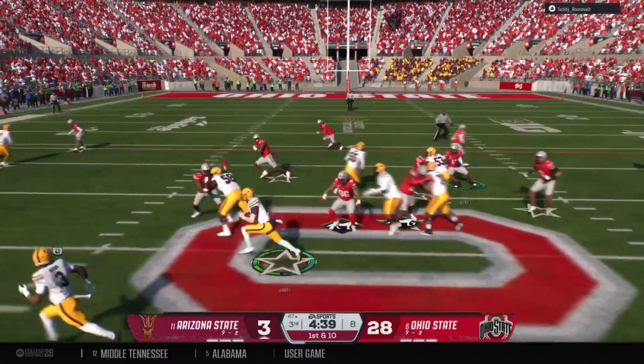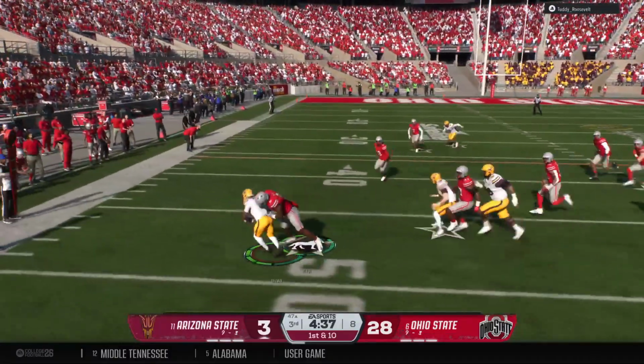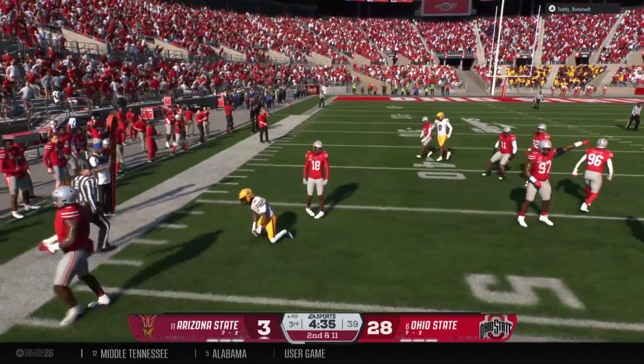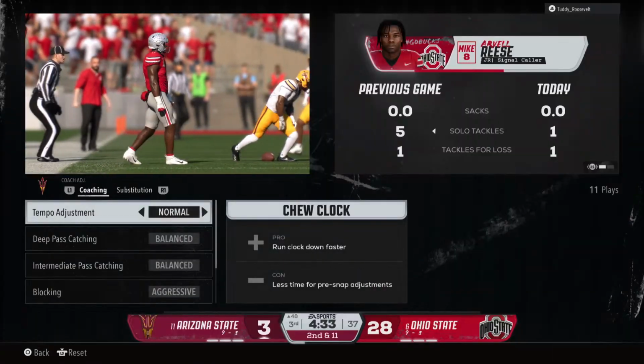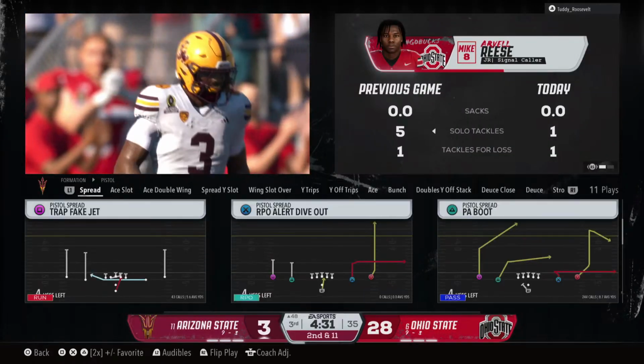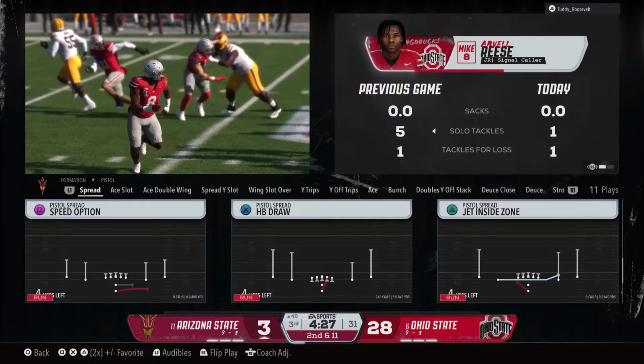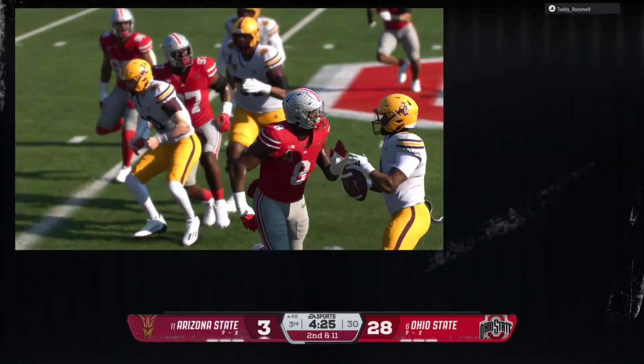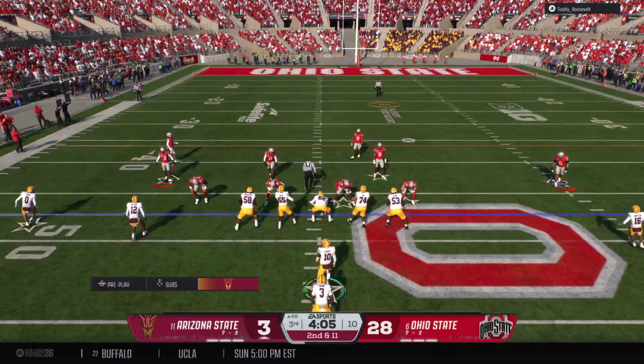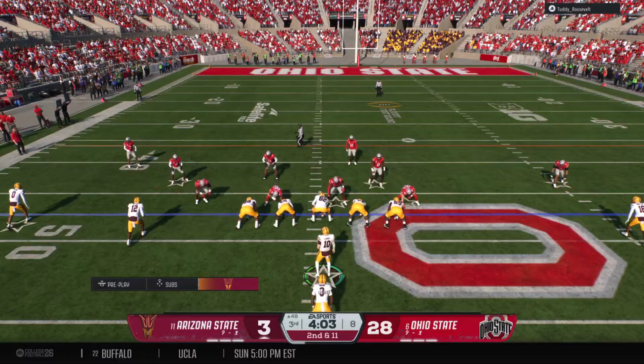They'll try the option play here. Pitch play to the back. They've got him behind the line. The option doesn't work at all. That's how you defend the option. Take the quarterback away and then use your speed to bring the pitch back down. Quickly behind the sticks here after the loss. 2nd down and 11.